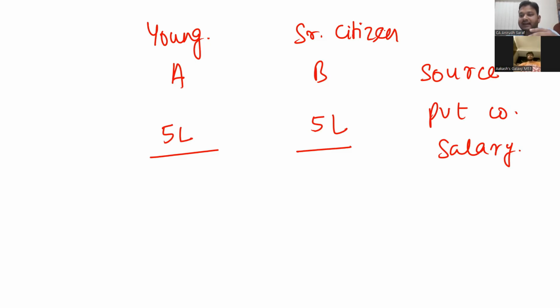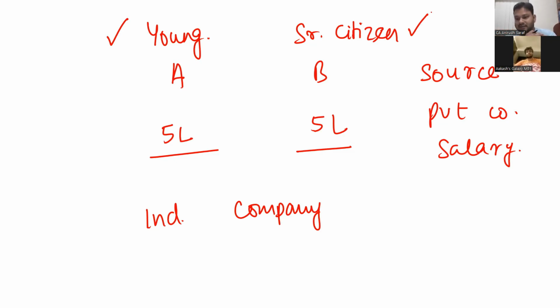So taxation can depend upon the source of income. It can depend upon the amount of income. It can also depend upon who you are. If an individual earns income or a company earns income, the taxation will be very different. It will not be the same. Even within individuals, like in this case, both are individuals, both are human beings, not companies. But because one is a senior citizen, they will pay a little less tax. So taxation can depend on so many things. That is why it is a complicated subject.